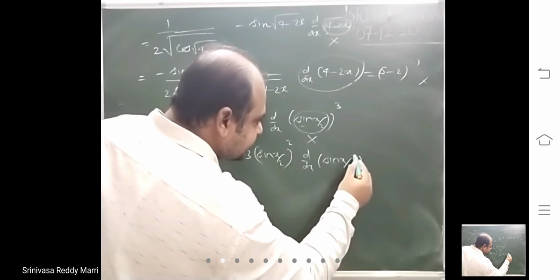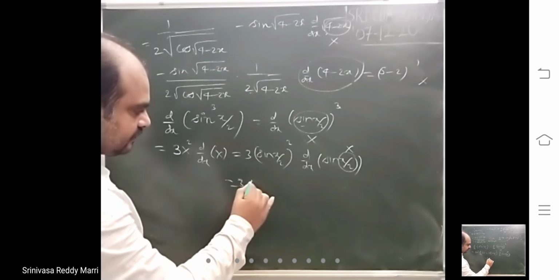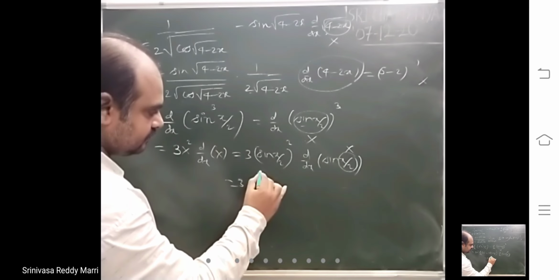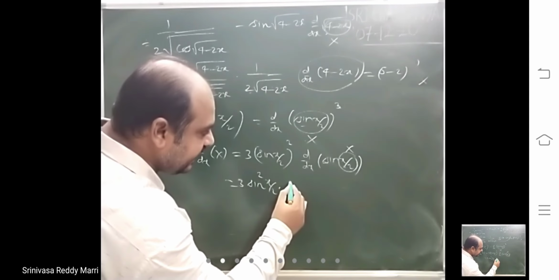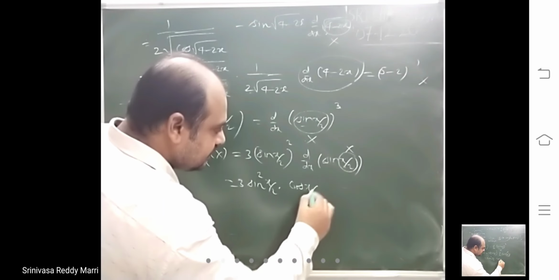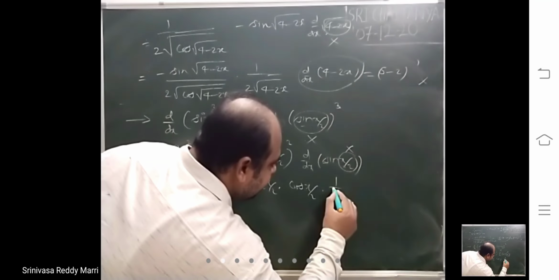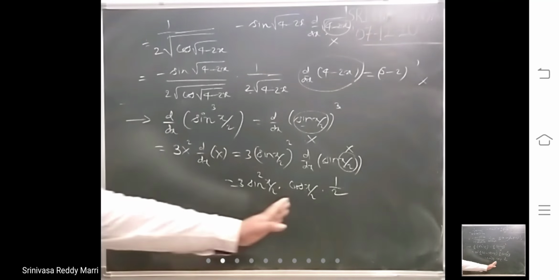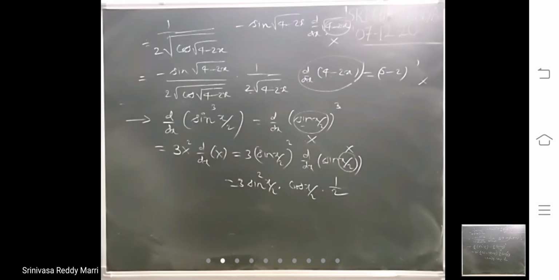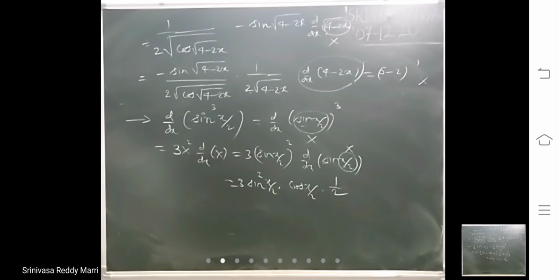Now this is sin x rule. Capital X into sin capital X cos x by 2 into d by dx of x by 2. You write directly, one step you avoid. d by dx of x by 2 is what? 1 by 2. This is the derivative. Power n is there. But don't write cos x by 2 whole cube. You won't get like that.